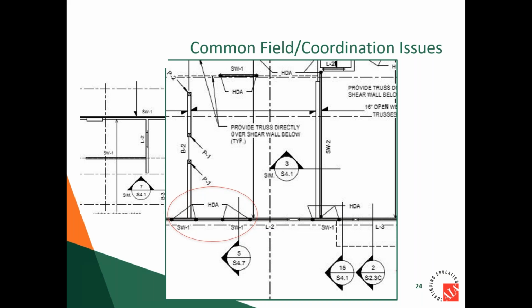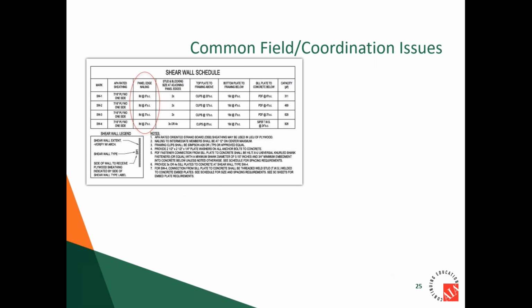Usually there might be some issues with how many studs are in those areas, and it just kind of creates a tight situation. And then another potential issue is just the varying spacing of the nails along the panel edges. We have a condition here where we range from 2 inches on center to 6 inches on center, and whenever it's possible to try to keep it a little bit more consistent, not have as many different